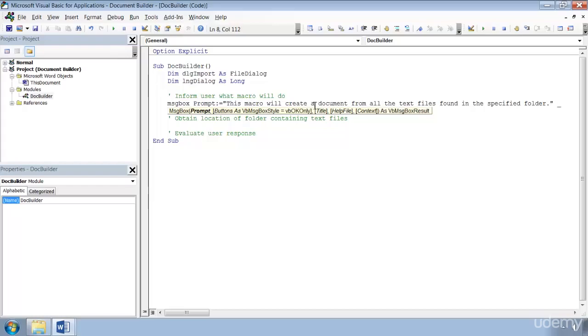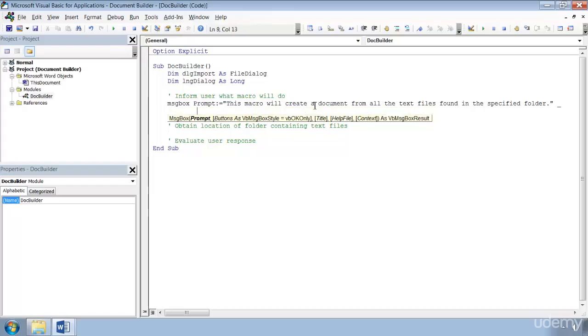Then let's split the line and continue with a couple of returns. So VBCR ampersand VBCR, and then we can say click OK, then select the folder